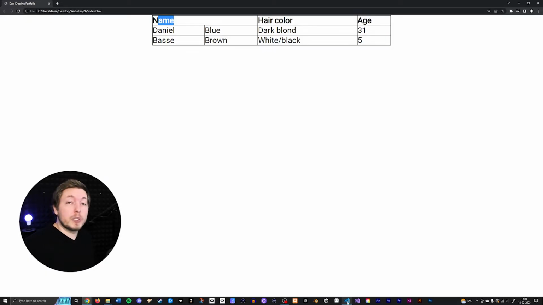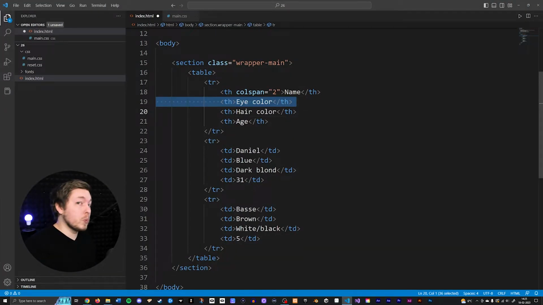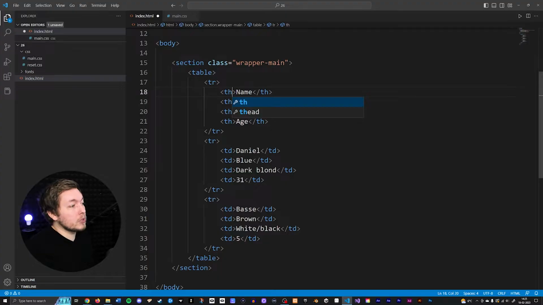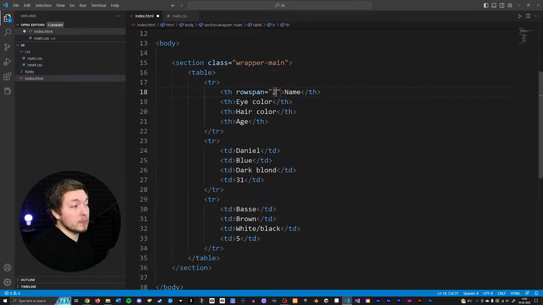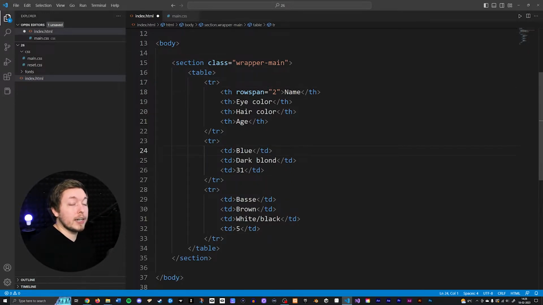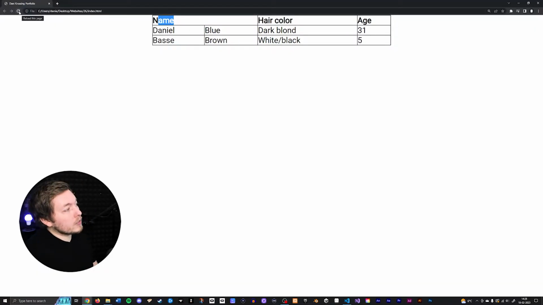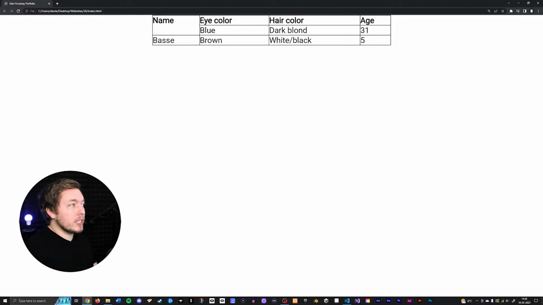We can do the same thing when it comes to the rows, so we can also go downwards instead. So if we were to actually go ahead and remove this, we can now see that if I were to go inside and instead say rowspan and take up 2, I can now go down to the next row, which also means that I need to remove one piece of data from inside the next one. So if we do that and go back inside the website, you can now see that we're taking up 2